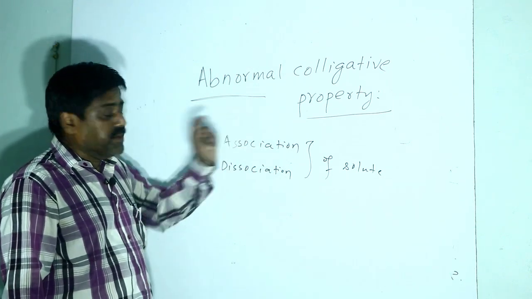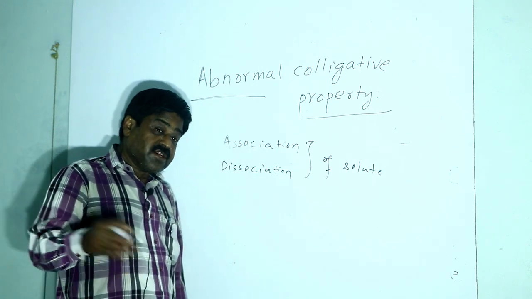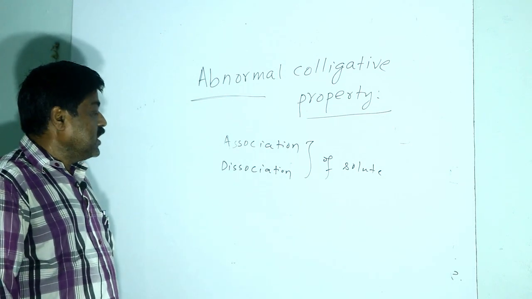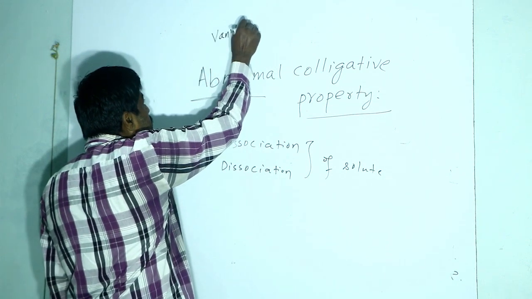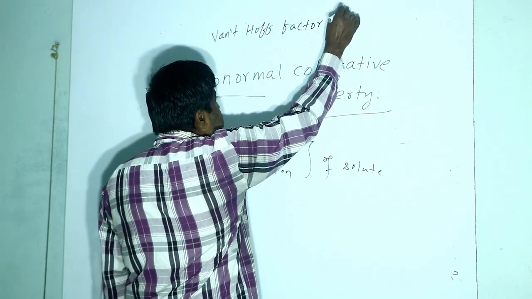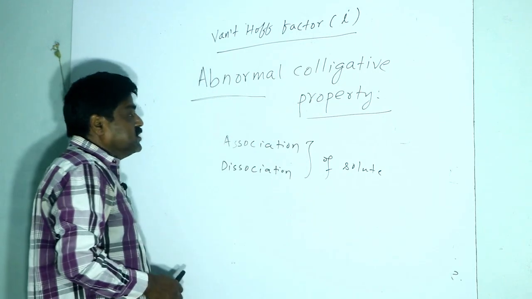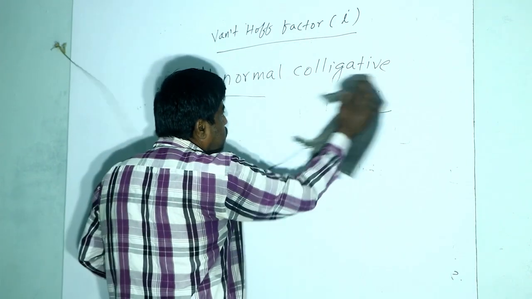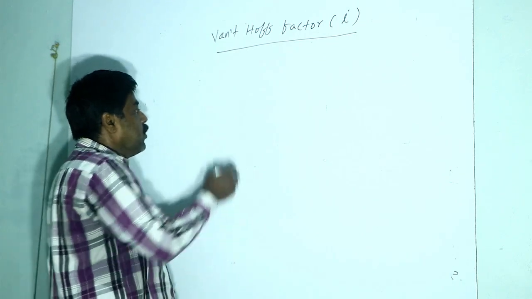And this abnormality, the extent of deviation from the ideal or normal behavior, is given by a factor called the Van't Hoff factor. The Van't Hoff factor is taken as small i, and it decides the deviation of the particles in this solution. Abnormal colligative property will be decided where i is equal